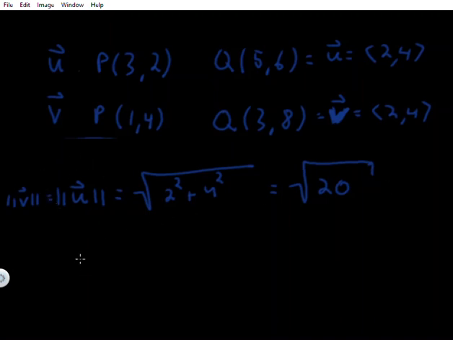And now for direction, we could do this two ways. We could find an angle. We know that if we were to draw the vectors out,